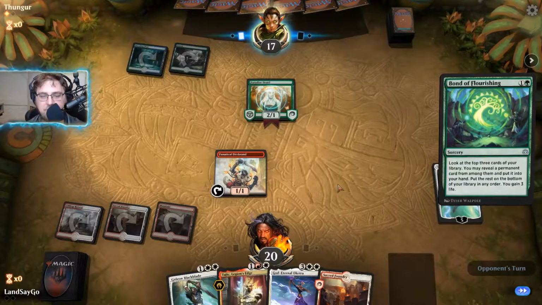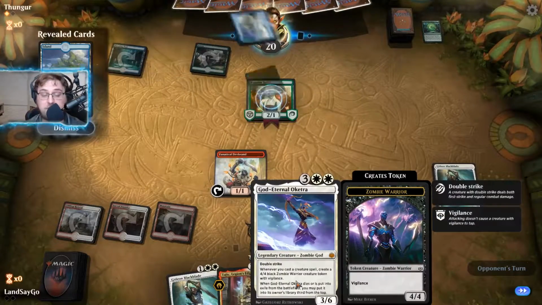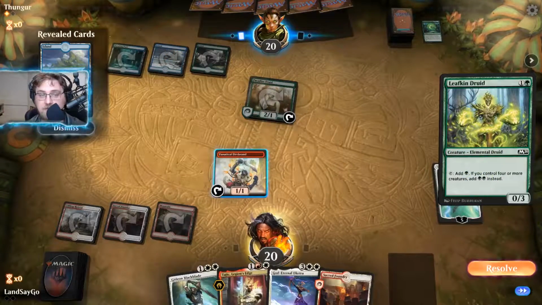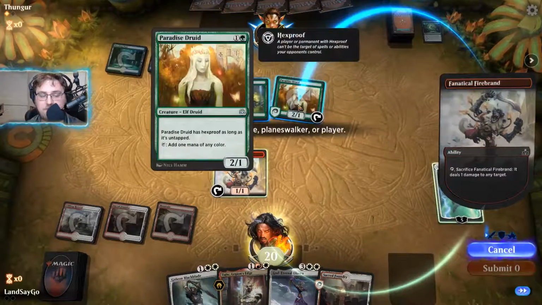Alright, well, back up to 20. Two more lands, and we get Oketra down, which feels really good here. Being able to give it vigilance, oh my god, that feels really good. They don't have a lot of exile stuff. Resolve. So I guess we just...